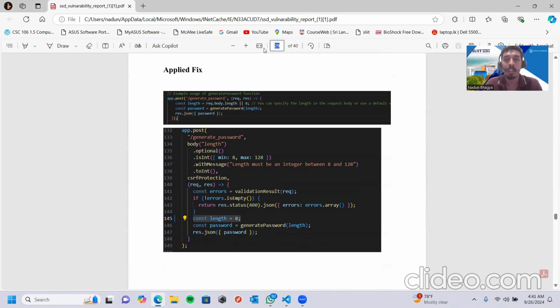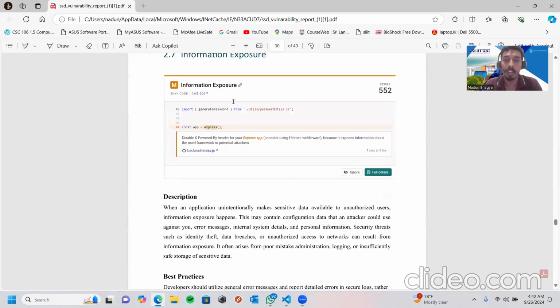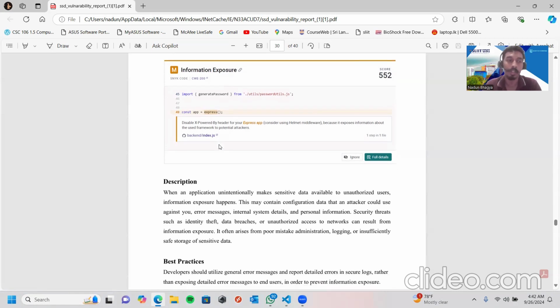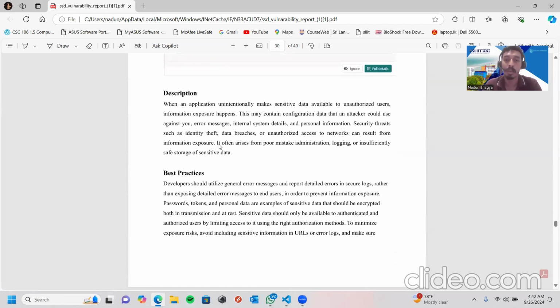So the third one is information exposure. This is when the application unintentionally exposes sensitive data to unauthorized users. So the attackers can use that sensitive data against users. This could cause identity theft, data breach, and unauthorized access. So to prevent this vulnerability, we have to utilize general error messages and report details